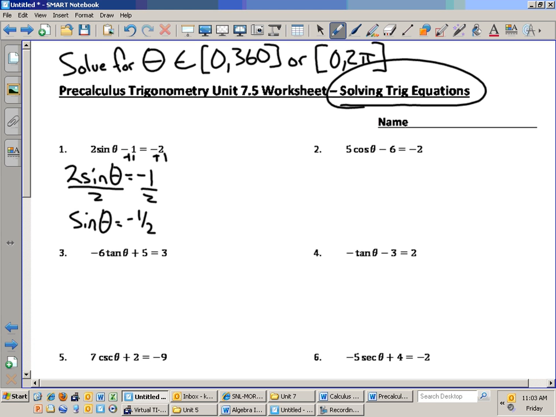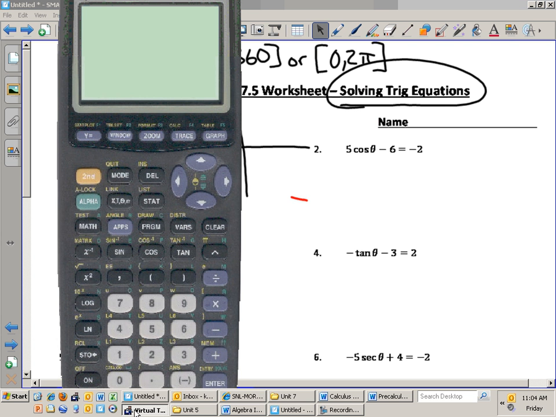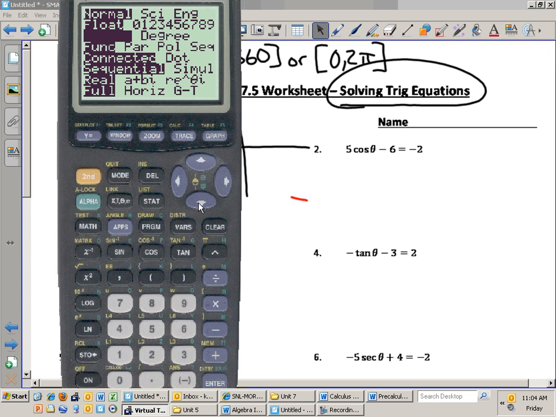So now we pause and we think about where sine is negative between 0 and 360. Namely, if you consider the quadrants, where is sine negative? Which quadrant? Bottom 2. It's negative down there. And if I go to my calculator and I'm working in degrees, right now I'm in radians, I'm going to switch over to degrees,